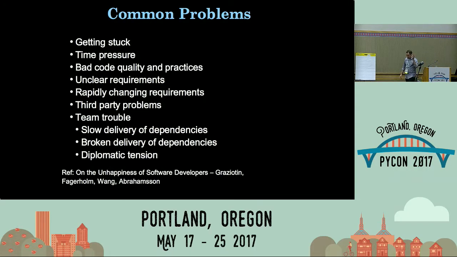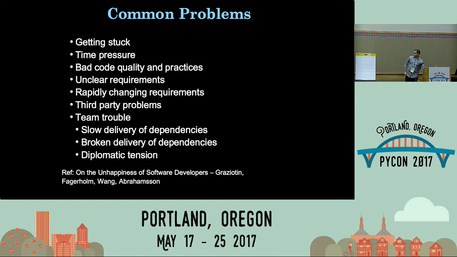So, right, common problems. There was a fascinating study on the unhappiness of software developers, and bad code quality and practices were actually, I think, number 3 in terms of prevalence. And the reason I want to draw attention to these things, so yes, spaghetti code, poorly documented code, not being familiar with what a unit test is versus an integration test. These are problems that, transitioning from the academic world to the professional world, students are likely to run into. The bigger problems are just what to do when you get stuck and the pressure of time.